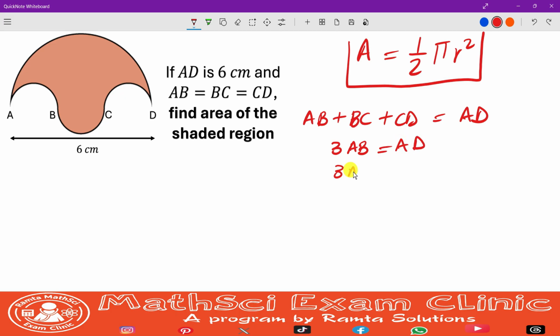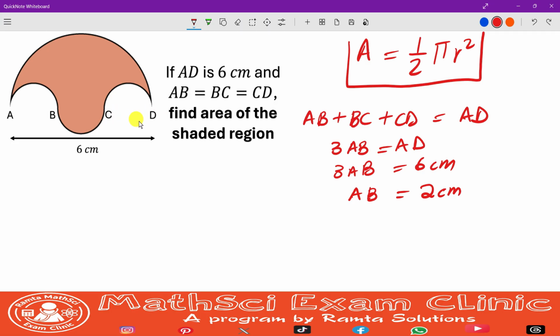What we know about AD is that it is 6 centimeters. Therefore, AB must be 2 centimeters, right? So AB is 2 centimeters, BC is 2 centimeters,